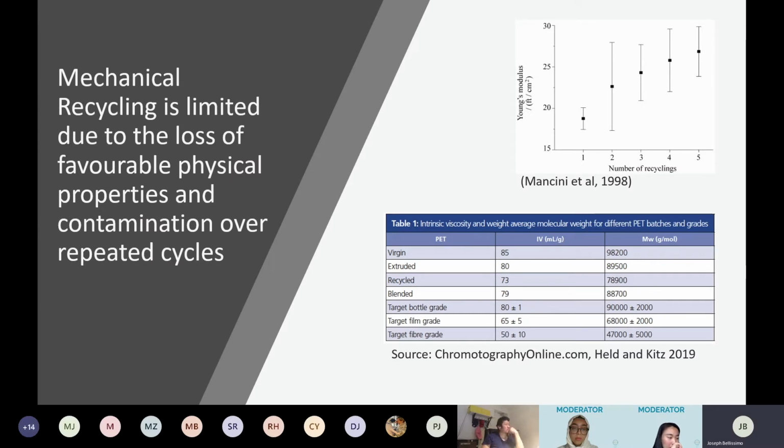And the major problem with mechanical recycling is that it's limited due to the loss of its favorable physical properties and its inability to deal with contamination. So you can see in this graph in the top right-hand corner that over time, as the recycling number increases, the Young's modulus also increases. So that really shows a loss of the favorable flexibility